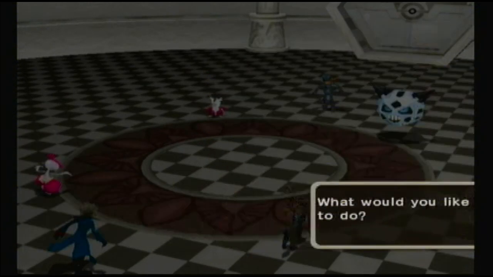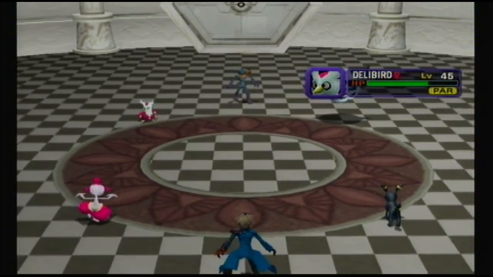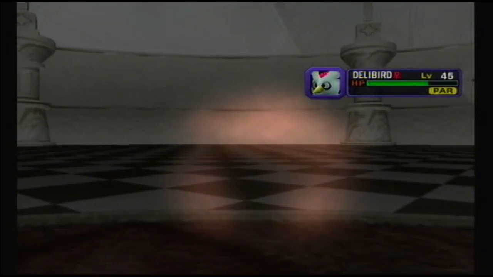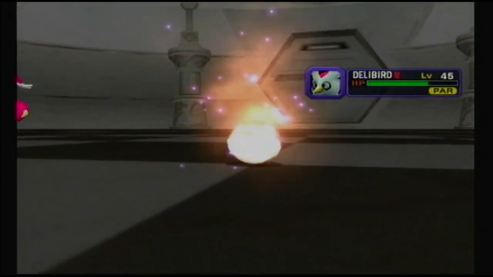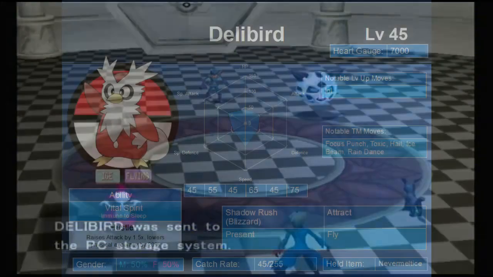Now, I'm most likely going to catch this thing on the first ball, I can just tell. Though I might have jinxed it by saying that. So, let's see if I was right or not. Snag Ball go, and... 1, 2, 3. Delibird get...